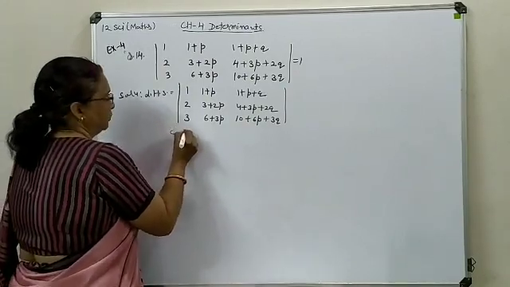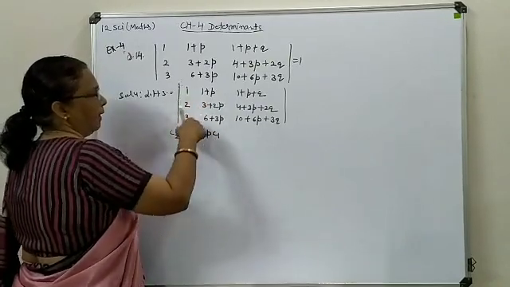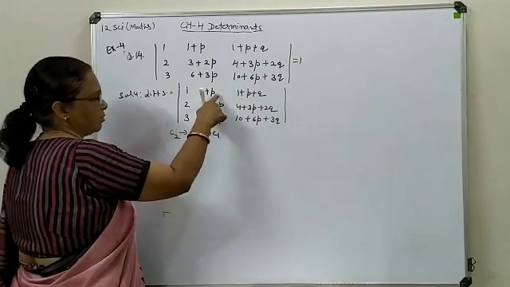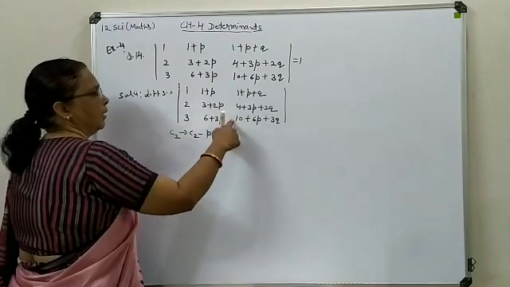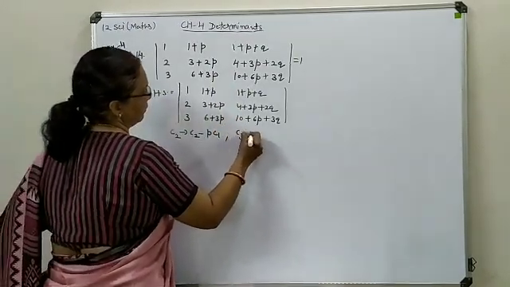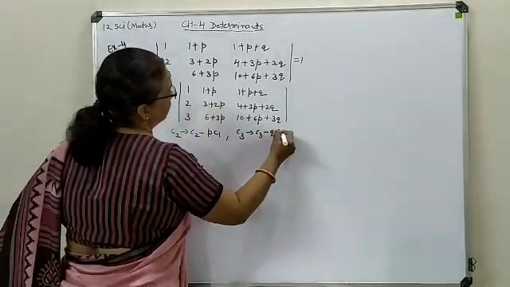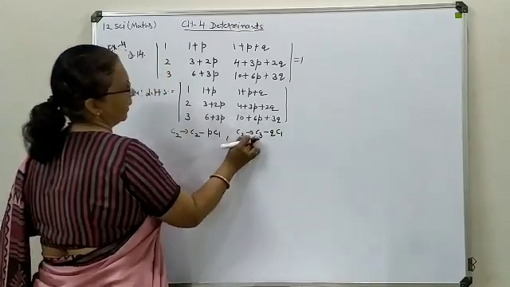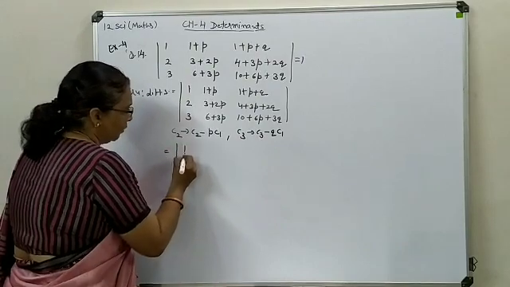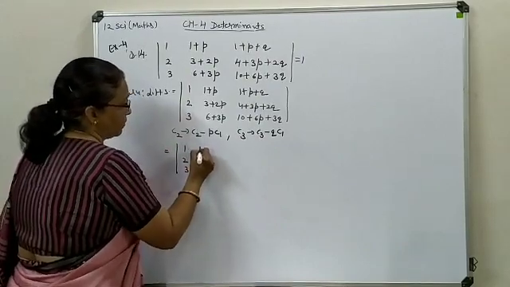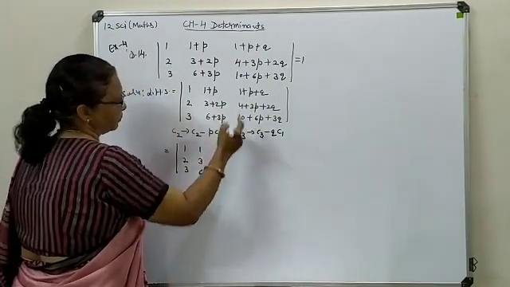So in second column, you just multiply the first column by P and make it subtract. So this P, 2P and 3P will cut. In third column, we multiply this first column by Q and make it subtract from third. So on implementing this property, the terms you will be left with are 1, 2, 3. This is 1, 3, 6, 1 plus P.